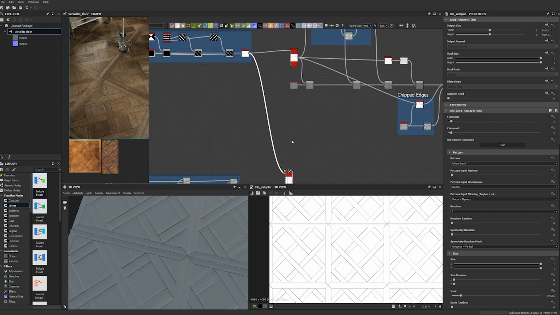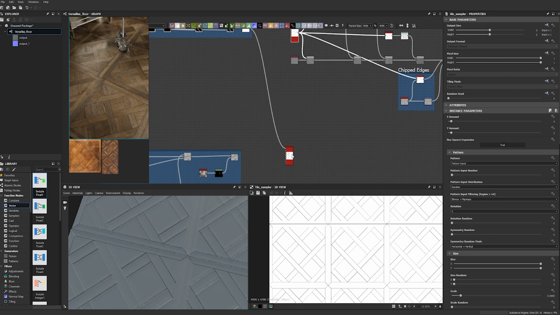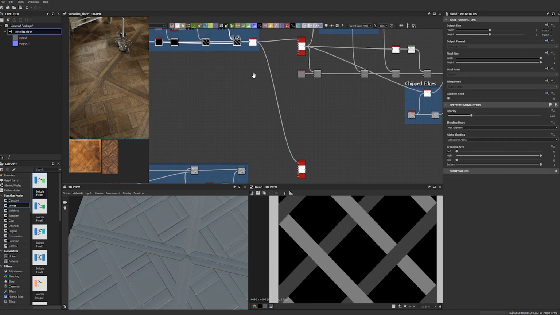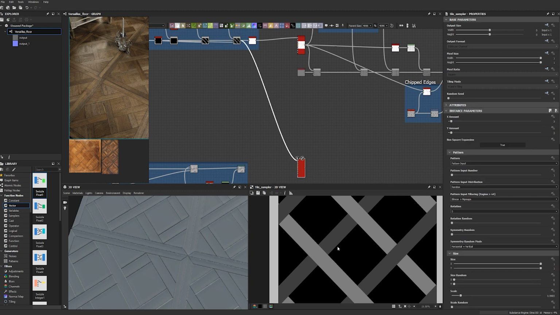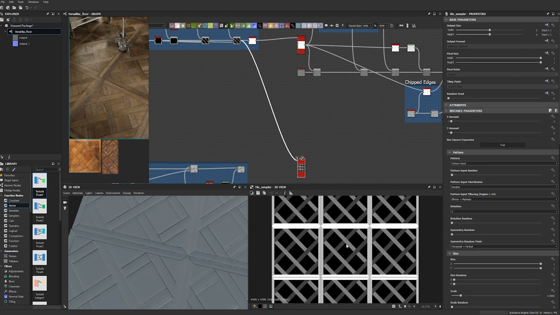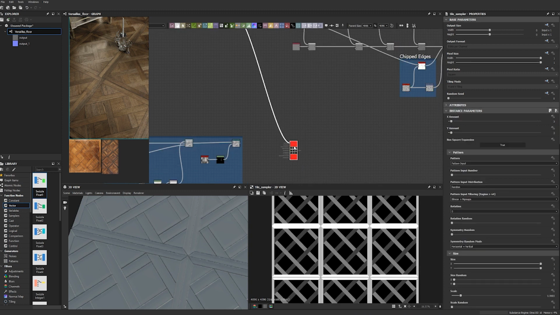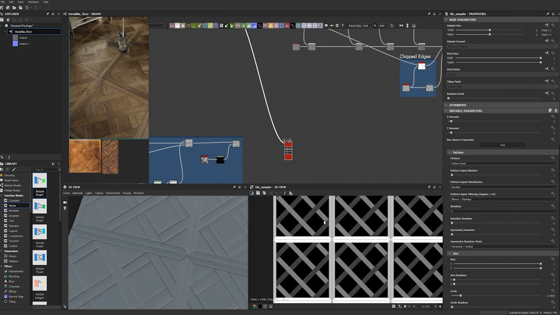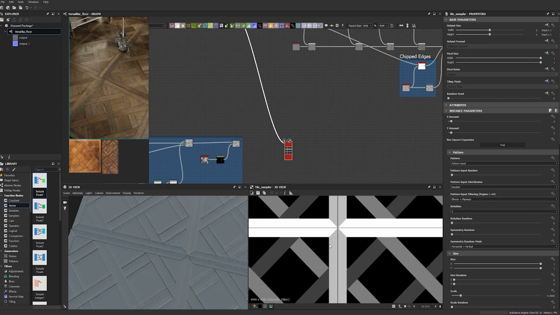Okay, so we will start by copying and pasting our tile sampler from before, and we are going to plug this tile into the pattern input. So now we get something like this. Now we will drag it down here, and now this is where the values of these individual planks become important,